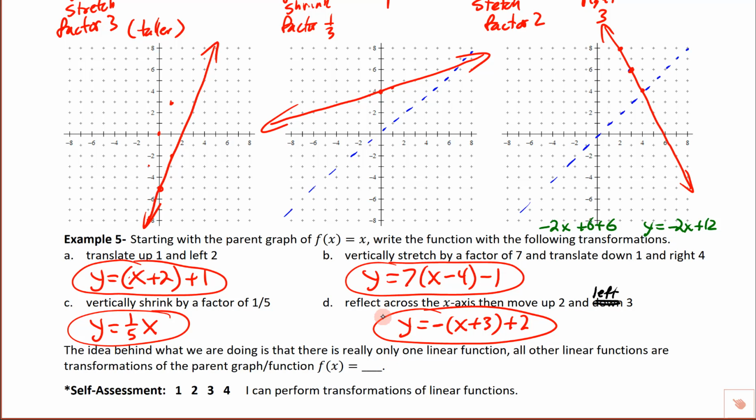Okay, now, here's the big idea. I'd like you to put a star by this. The idea behind this is there's really only one linear function. The only linear function is this guy right here. It's just f of x equals x, or just y equals x. That's that basic linear function that does this, and then every other linear function is just a transformation of that. They've either made it steeper or shorter, they've vertically flipped it, or they've slid it left, right, up, down, or something like that. So go ahead and perform the self-assessment right here,